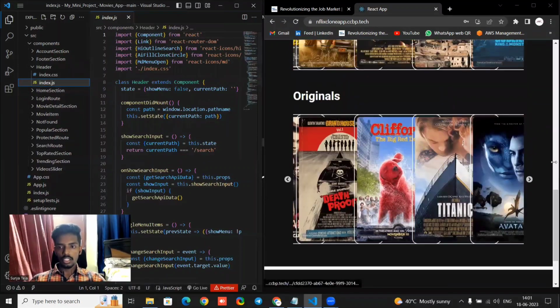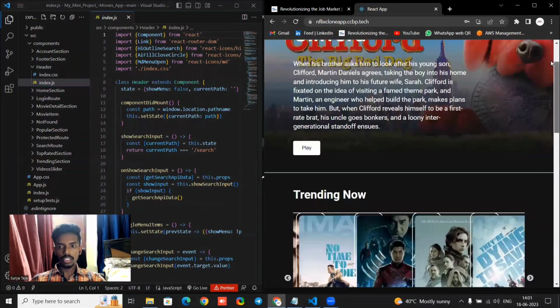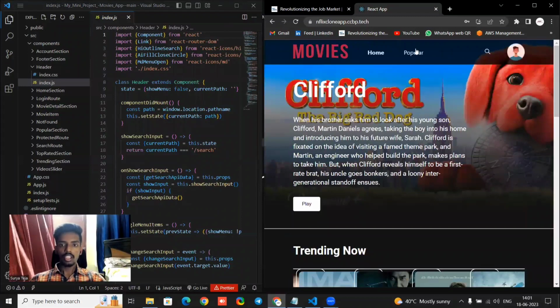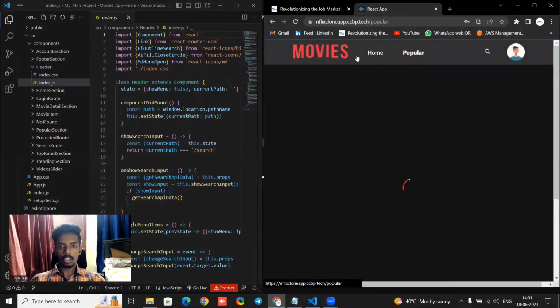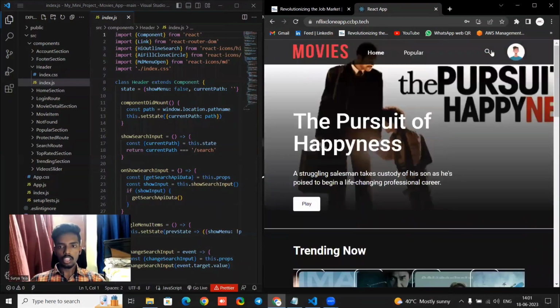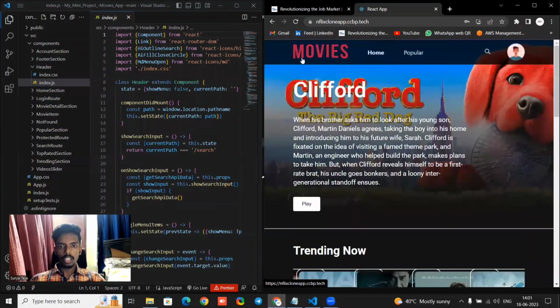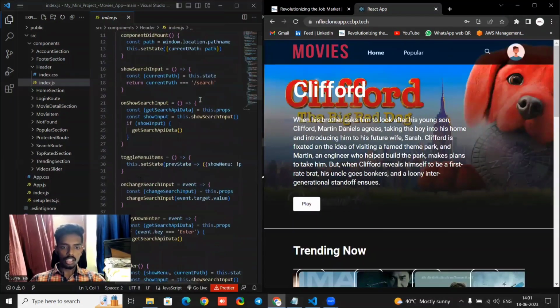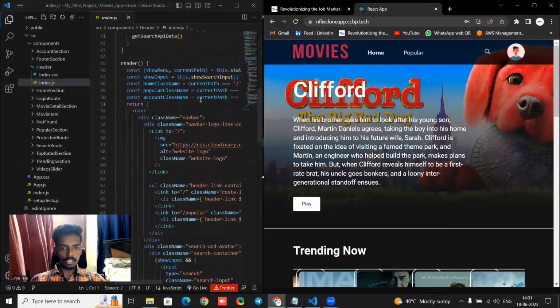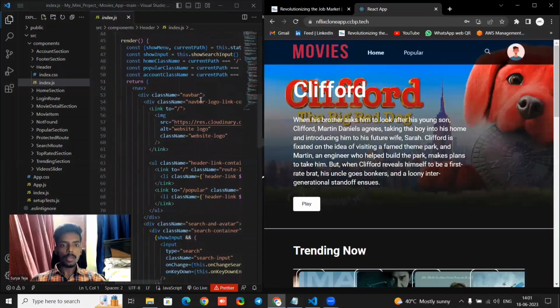Yeah, this is the header section. This is common in every component. You can see this in the popular component, it is common, in the home component, it is common, and even in the second component also it is common. And this is about the header section. In this header section, there is a large piece of code. I can't explain each and everything, but I can simply say that